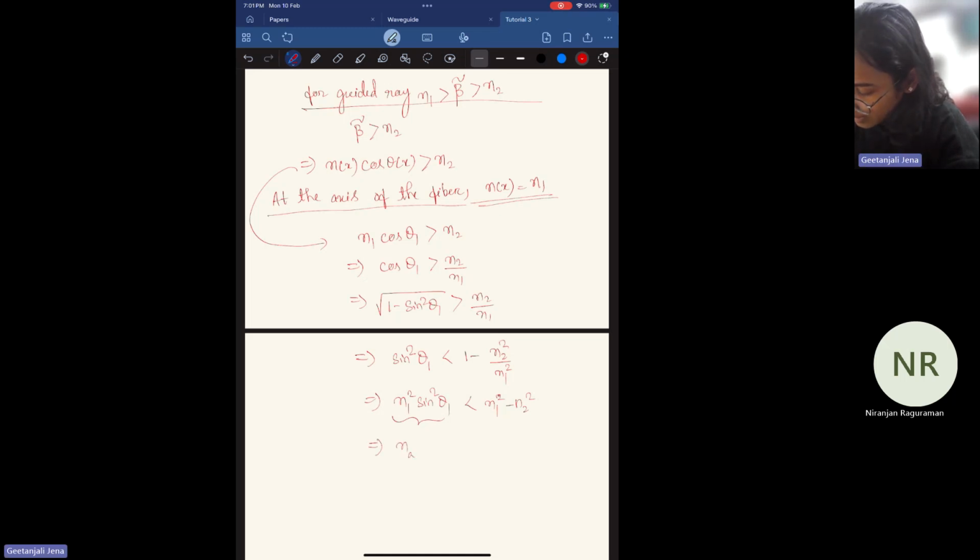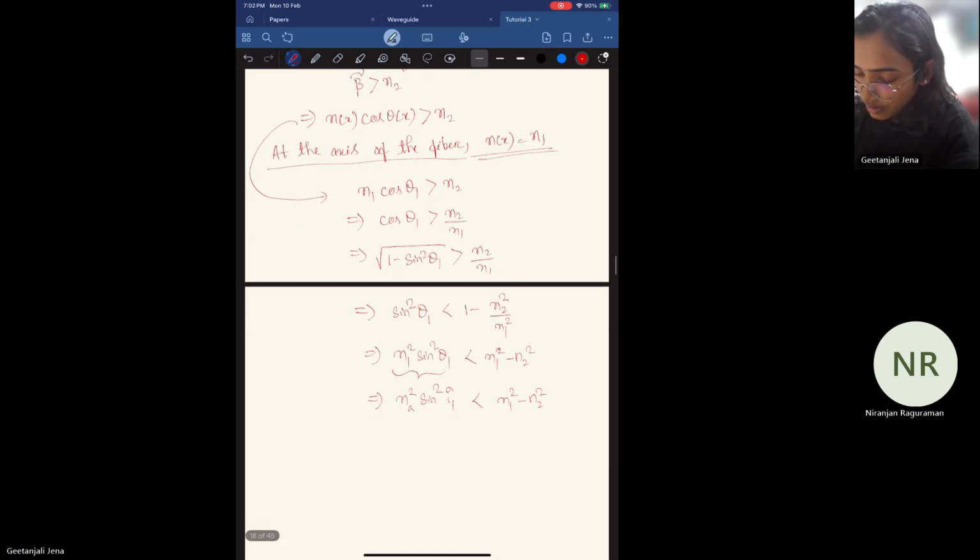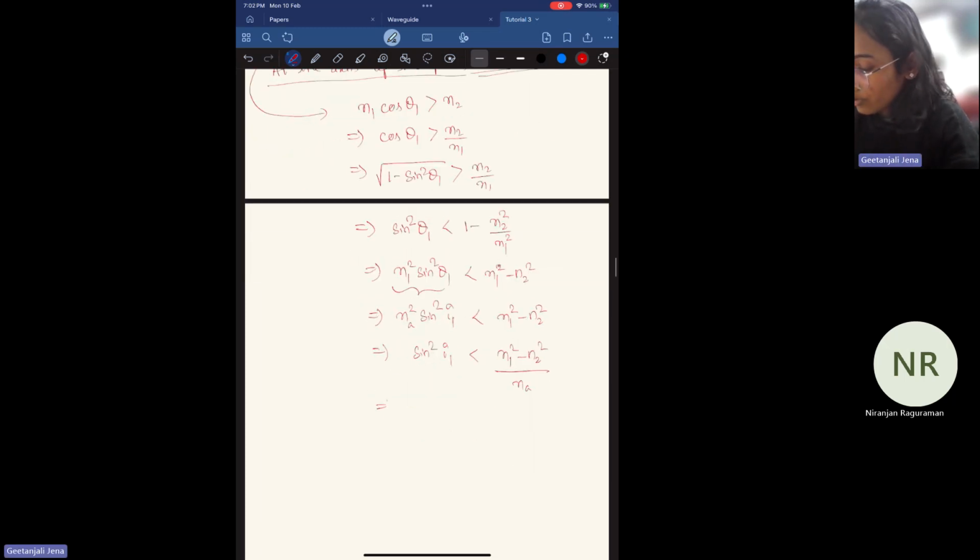It is na square sine square I1 less than n1 square minus n2 square. So that means we have sine square I1 less than n1 square minus n2 square over na square. So if you find out what the I max will be,